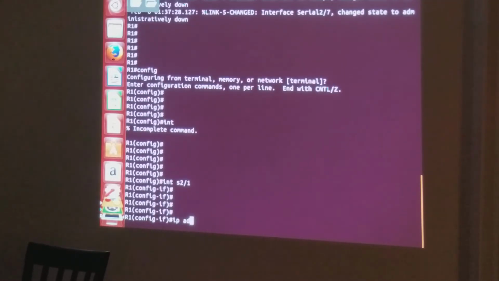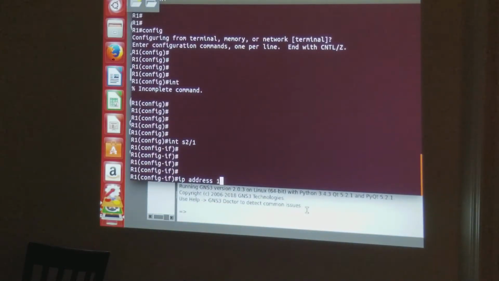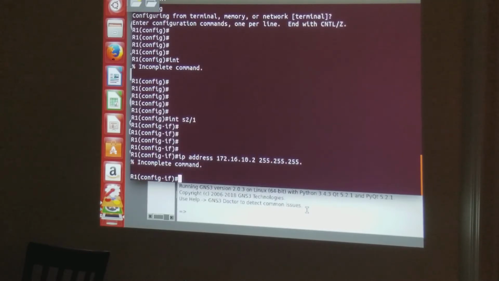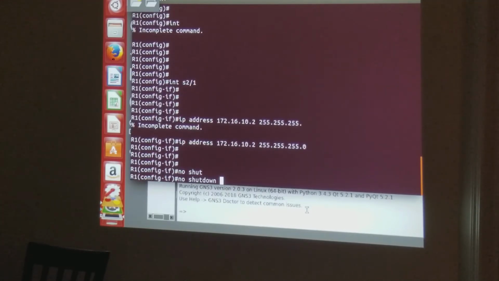We assign it IP address, and I just happen to know that the IP address for that router is on 172.16.10, and we'll assign that a 2 because the adjacent interface is 1, and then it is a /24 address. So .0. You do a no shut on the interface to bring the link up,